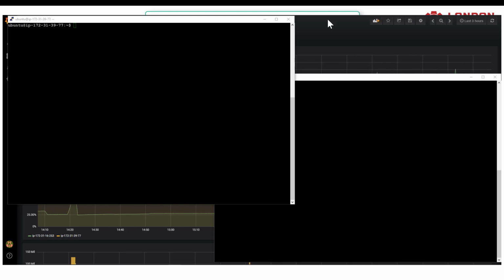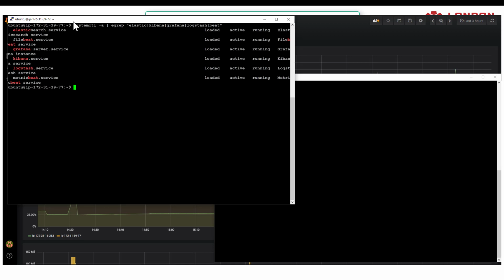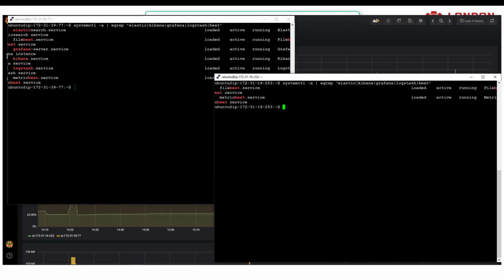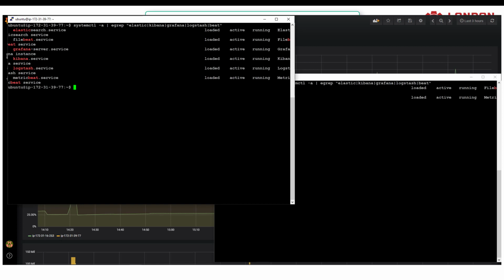So here is something that I created earlier. I have my Elastic Stack master, and if I have a quick look, you can see all the processes running. So I have Elasticsearch, FileBeat, Grafana, Kibana, Logstash, and MetricBeat. That's my master, and then I have just a node here that we're collecting metrics on. And as you can see, it's just running FileBeat and MetricBeat. So this server is sending data back to the master, and that's being collected in Elasticsearch and then visualized using